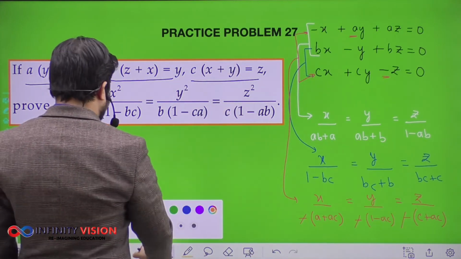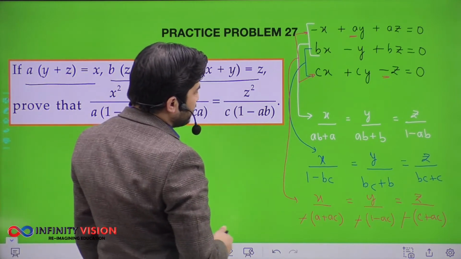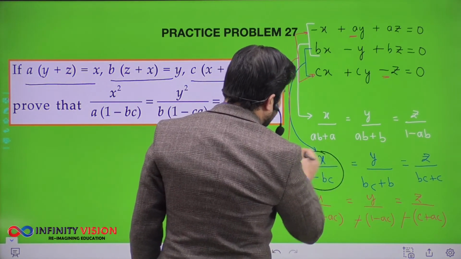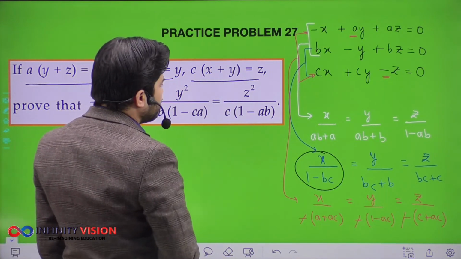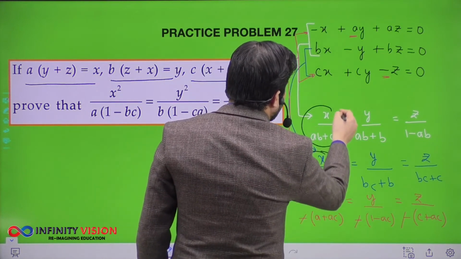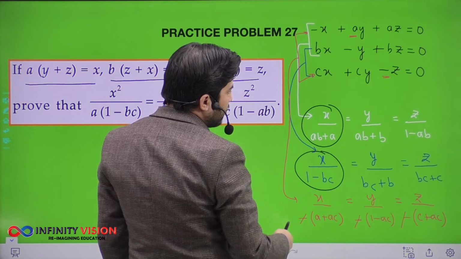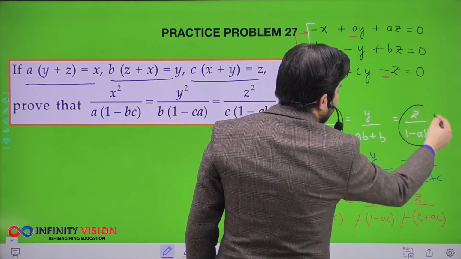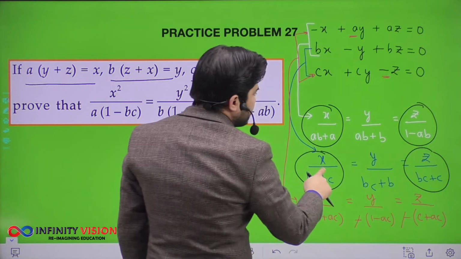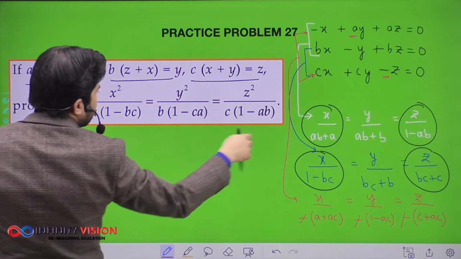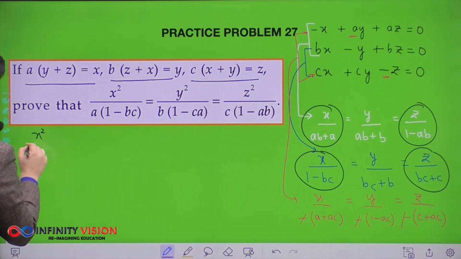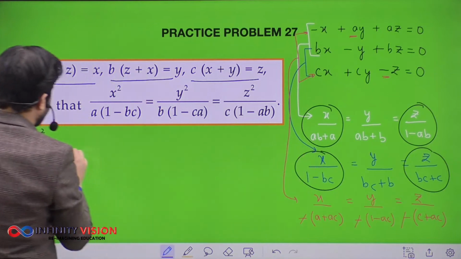What I have to notice is that below x square I need 1 minus bc. For this I am going to use this. And then I also need a, so I'll just pick this. And when I look into these two, I can say below z I get 1 minus ab, so I'll just multiply these two. So this is equal to this and this is equal to this. If I multiply these two, the product would be equal, because x into x will make it x square upon ab plus a, which would be a into 1 plus b, and then I'll get 1 minus bc,